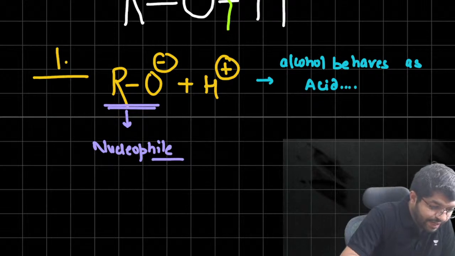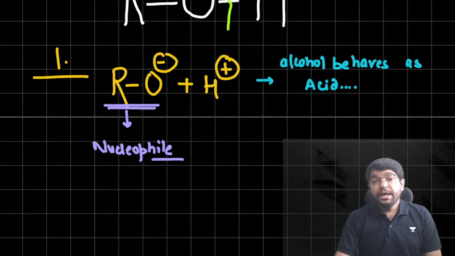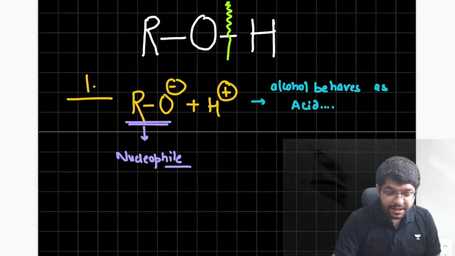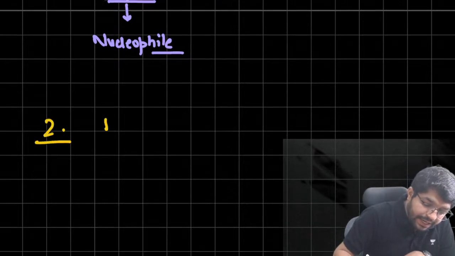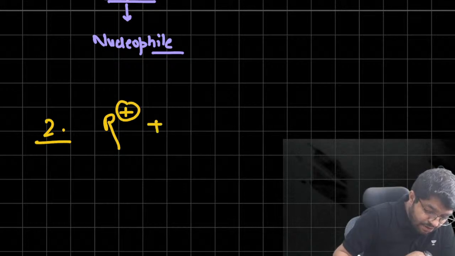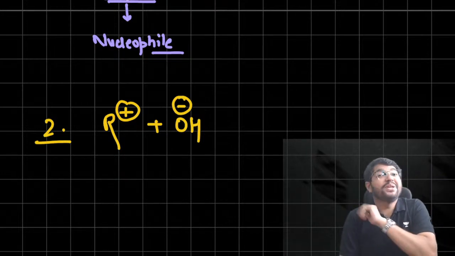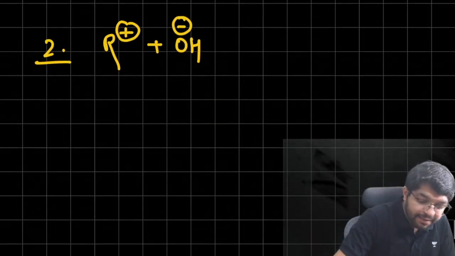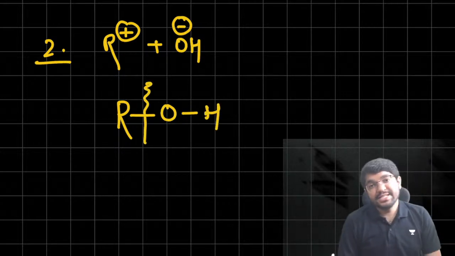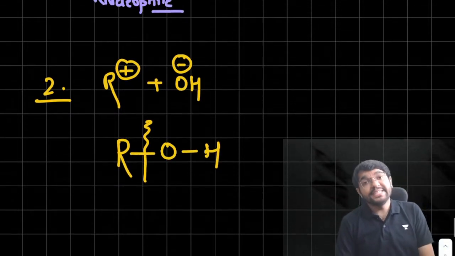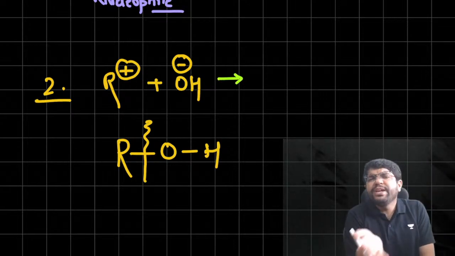RO minus becomes a nucleophile. Very important. In the second possibility, it is R plus and OH minus. That is, my R-OH bond breaks. In the second possibility, my R-OH bond breaks, and with this OH minus replacing, this happens when I want a nucleophilic substitution